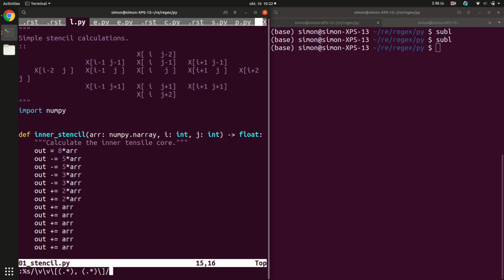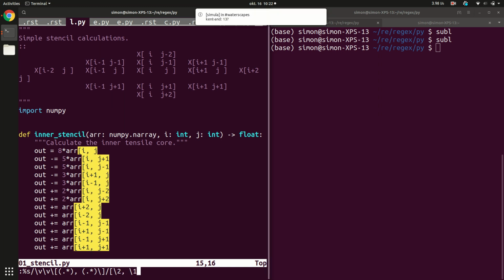So now all this original text is gone, and what I type now is what it's going to be replaced with. So now I want to have the bracket again, and this time I want to have the indices swapped. So everything that was on the second side after the comma is now in front of the comma. And everything that was in front of the comma is now in the second position after the comma. Right? So this is something that would not be trivial to do with the standard editor, but it is possible to do with a